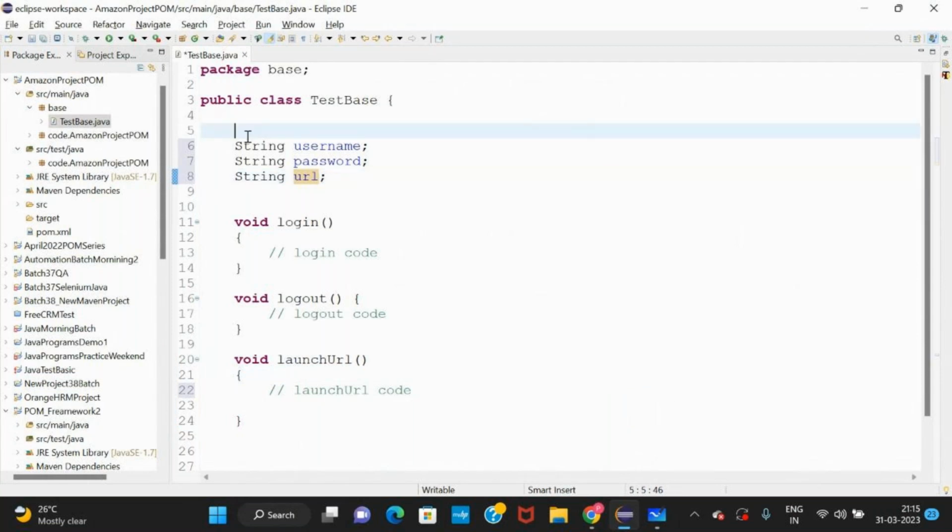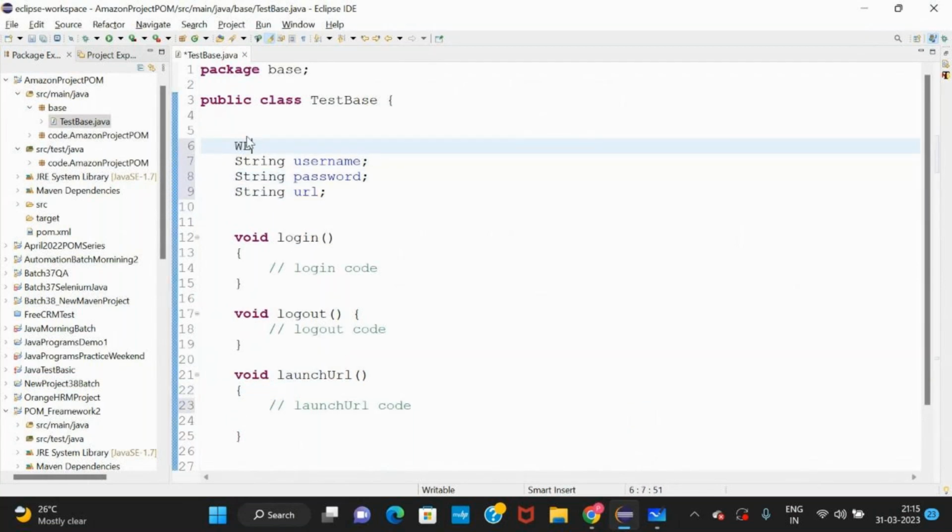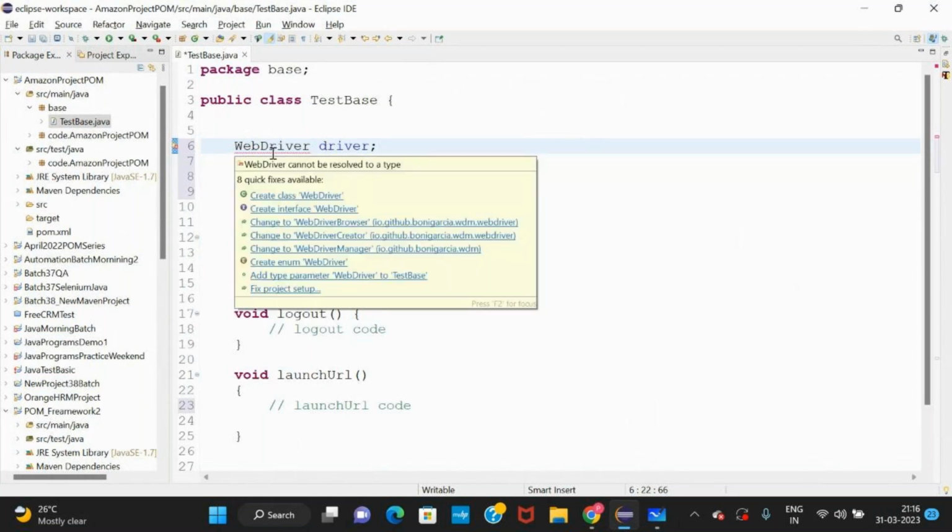The main important thing we need apart from this is the web driver, right? What all we need, we are setting up the driver. Do we need it, yes or no?